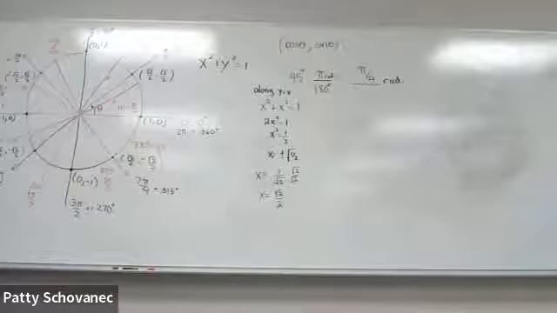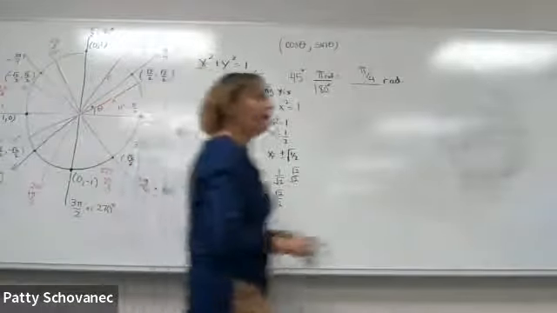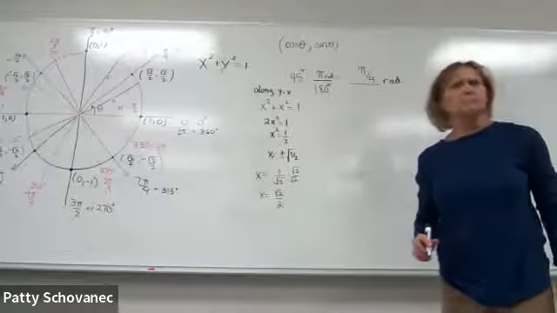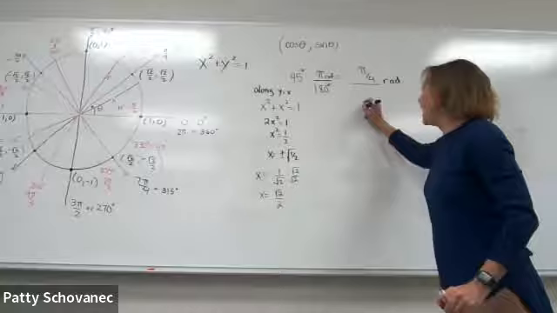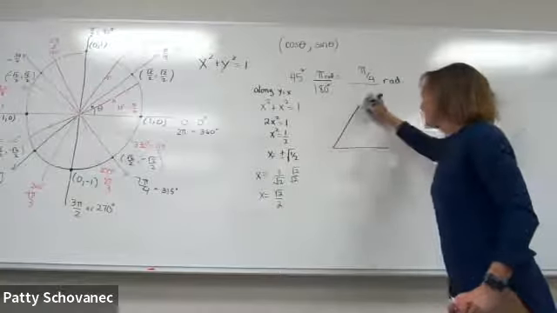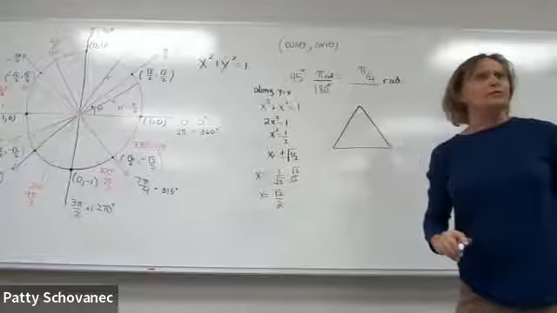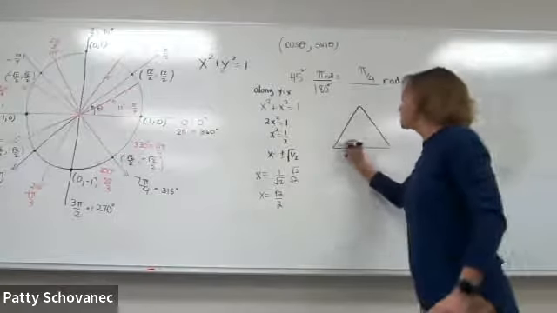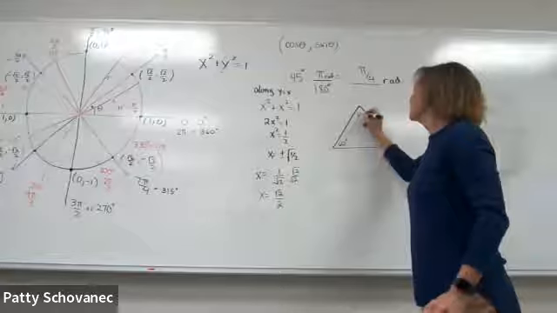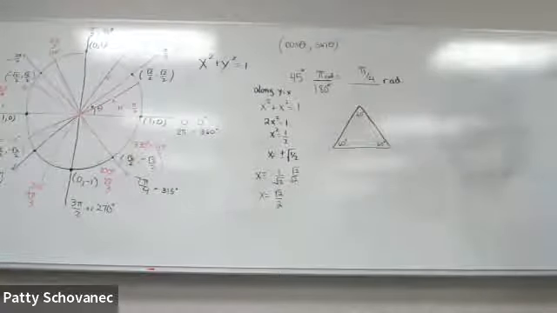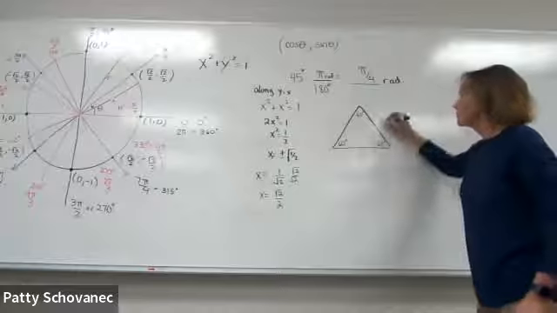So let's see, how am I going to do this for you? Let's look at an equilateral triangle. What is an equilateral triangle? All sides are the same, and all angles are the same. How many degrees are there in any triangle? 180. So if they're all going to be the same, don't they all have to be 60 degrees? Right. Now let's suppose that each of these lengths is 1 unit, so that I can make it fit my